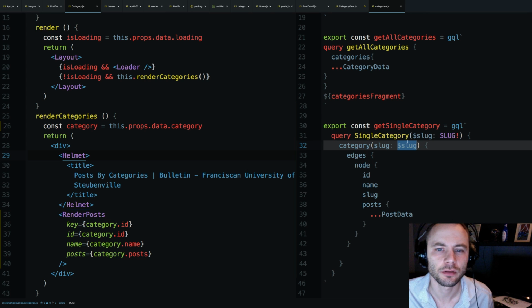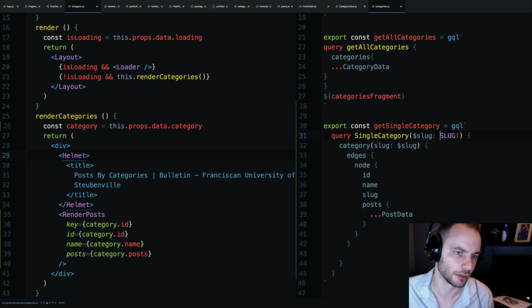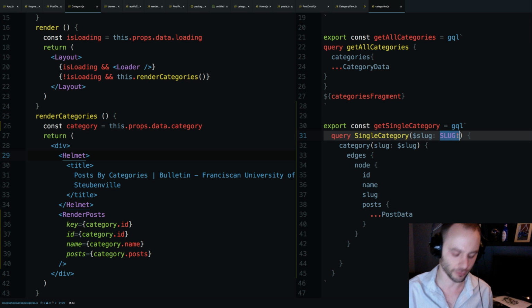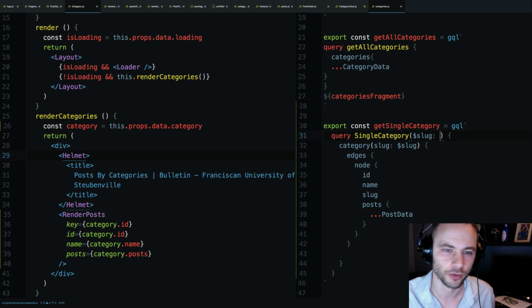Spec to slug string variable. Okay. So I need to. All right. So I'm going to attempt to follow Jason's advice here. So Jason, let me know if I'm doing this incorrectly. But I think what I'll need to do is say